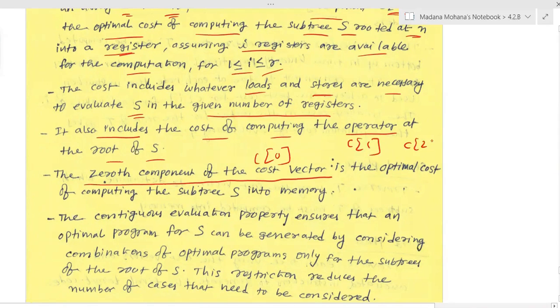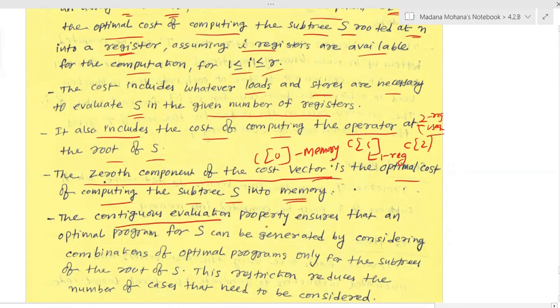With 2 registers, C of 2, for a particular node in the syntax tree. The 0th component of the cost vector is the optimal cost of computing the subtree S into memory, where 0 is the memory cost, 1 is the 1 register usage cost, 2 is the 2 register usage cost.